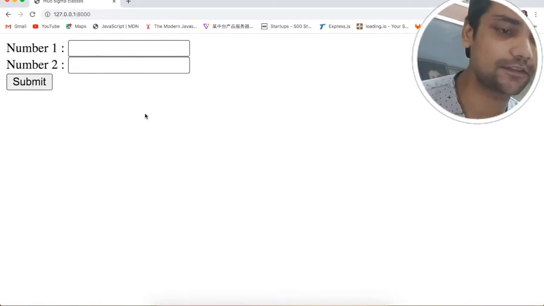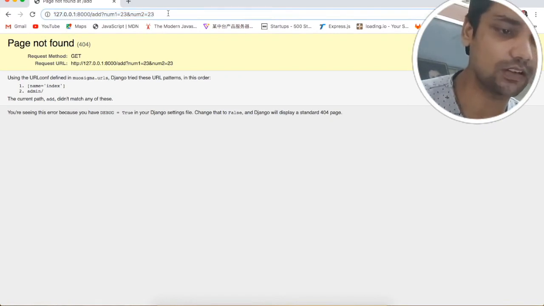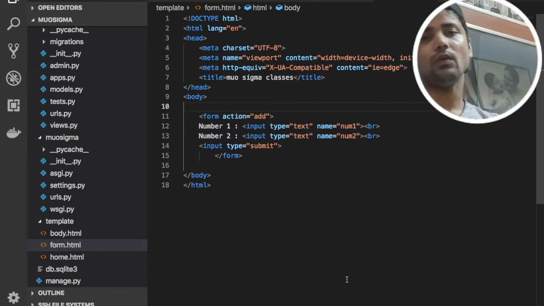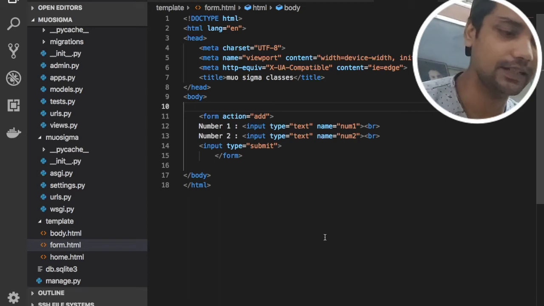Let me refresh this page and put 23 and 23 and click submit. Now you can see on the top we have this add path, the number 1 value and the number 2 value. So at the moment when you click on the submit button, the path will be add, right?